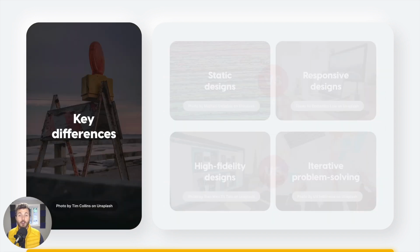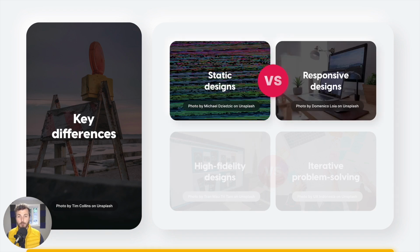Of course, there are a few key differences that can potentially hinder your transition if you're not careful. First are static versus responsive designs. Graphic designers tend to focus on static deliverables. This is especially true for print design. For example, a logo. It's designed for only one size. Of course, there are variations, but the logo doesn't adapt to the size of the device or the surface that